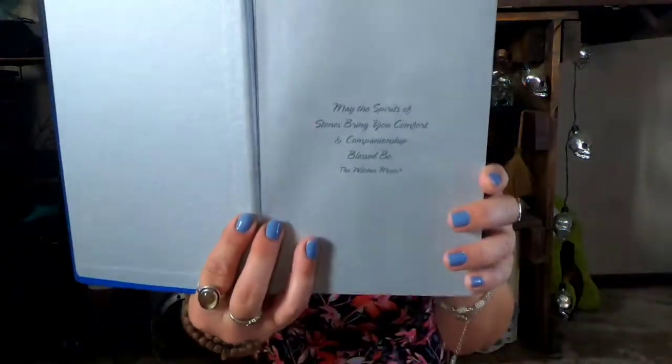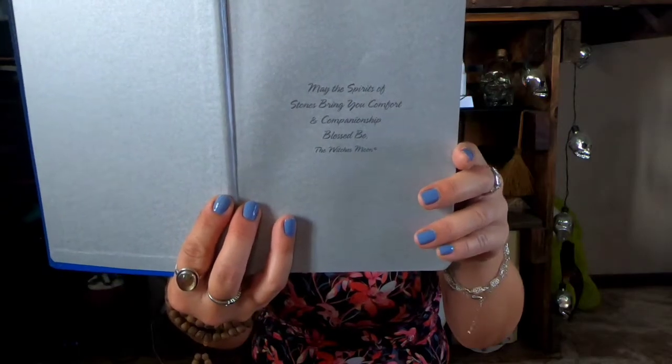Silver paper. May the spirit of the stones bring you comfort and companionship. Blessed be the witch's moon. So they had this book. I don't know if this book was made for them or if they were able to get the publisher to make it a little bit more special for the witch's moon. That I don't know, but